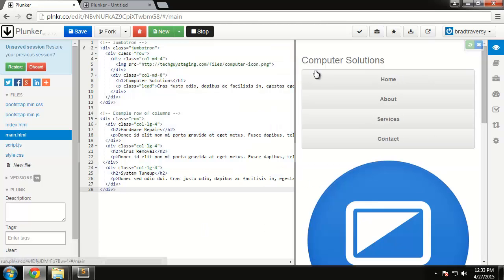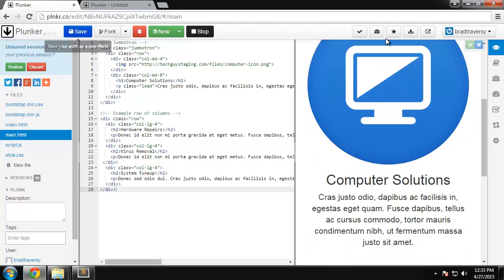All right, and you can see it's already showing down here. This is a live preview. Okay, we don't even have to save. But if we save it and then view the larger preview,